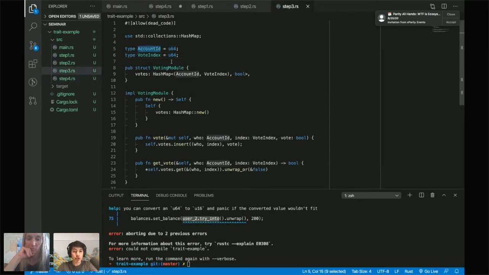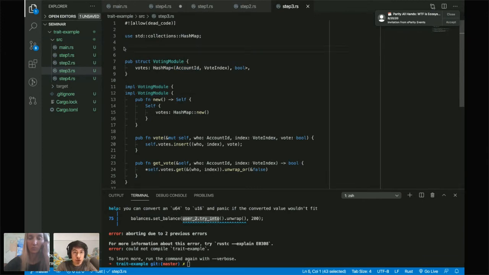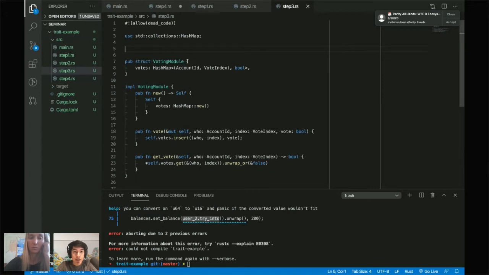And I can actually start to introduce that here just a little bit. I won't save so it doesn't complain. But instead of having pub struct VotingModule and then these types come from here, I can actually get rid of this and instead introduce generics here, where this struct will have a generic type AccountID and generic type VoteIndex. And then this type will come from this generic.